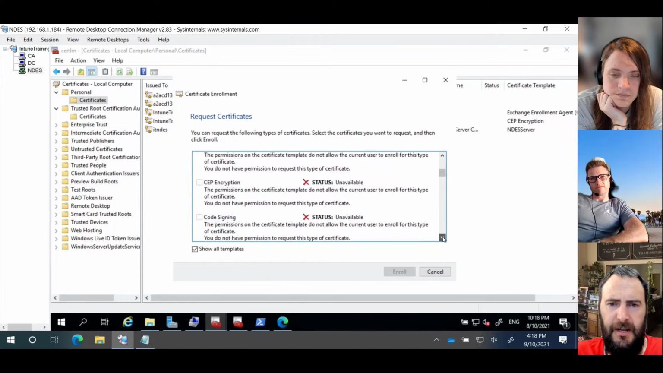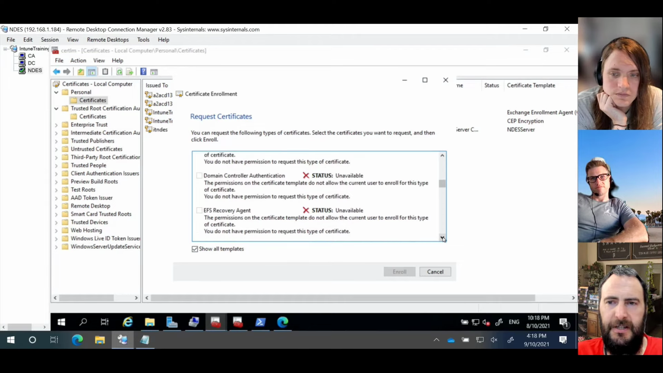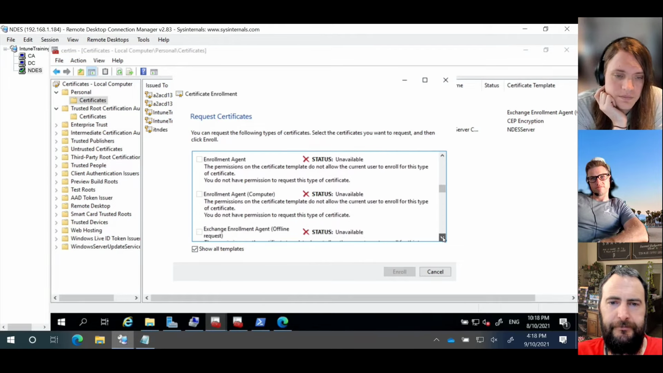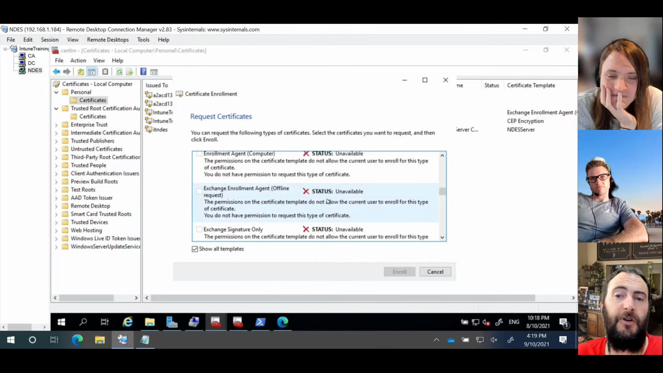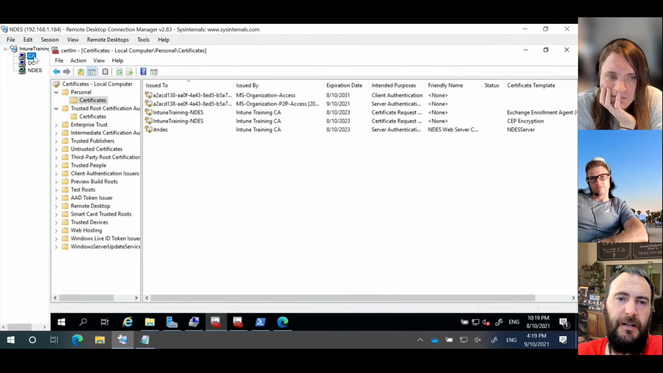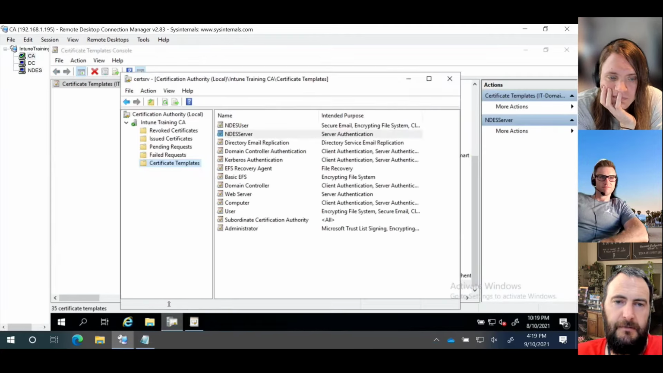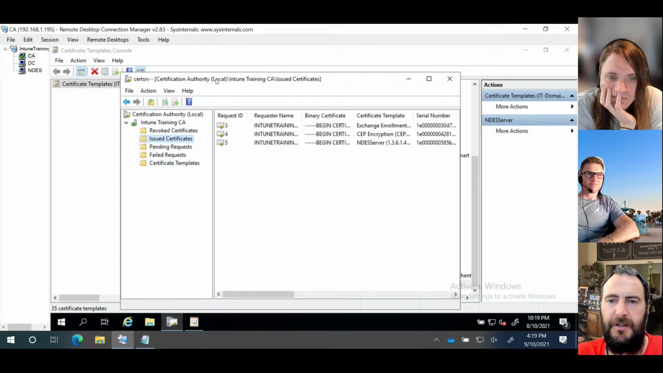But if we keep going down, what you won't see is the Exchange Enrollment. Oh, sorry, you will, but you don't have permission for it. It's actually being issued to a user object. Yeah, gotcha. And if we go across to our CA and select back on our CA, we can see our